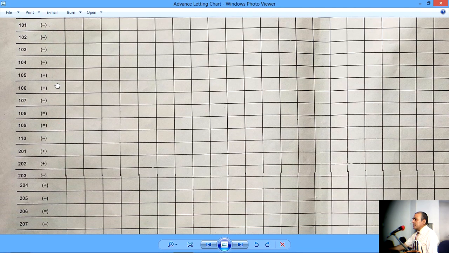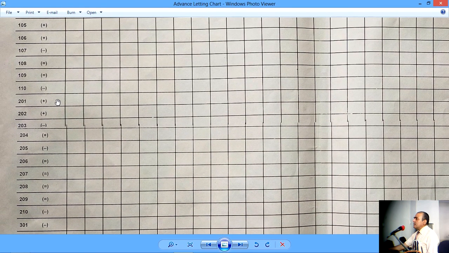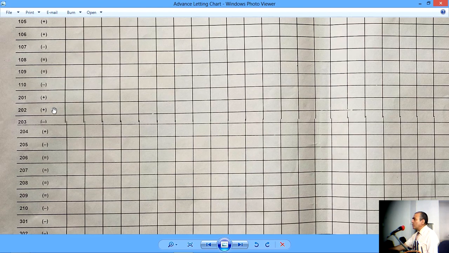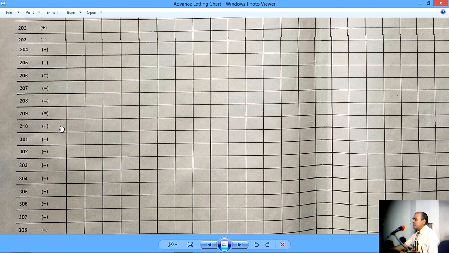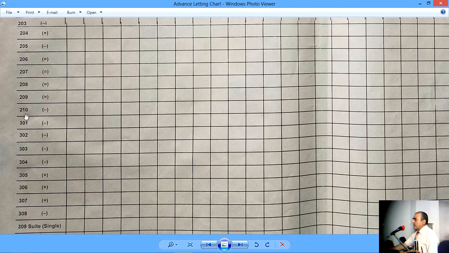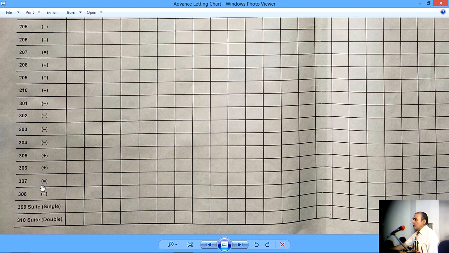As you go down further, you will see that the type of each room is indicated in front. So the person who is making the reservation has no confusion as to what kind of room it is, and they can assign a correct room to a correct reservation. As you move down, you will see that there are different floors shown by the beginning numeral. Rooms beginning with 2 would be on the second floor. Rooms starting with 3 would be on the third floor. And we also have suite rooms. It is shown here as suite single and suite double.